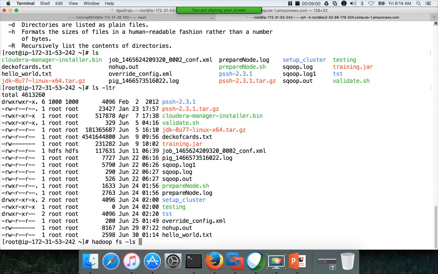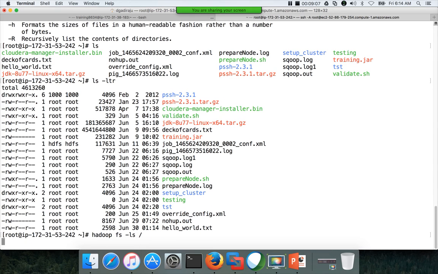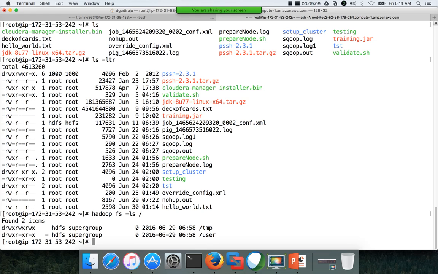As I have mentioned to you, even in HDFS, the file system starts with / and hit enter. As of now, there are 2 directories, /tmp and /user. These will be created automatically when you add the service with Cloudera or Hortonworks. In both cases, you will see at least these 2 directories. Whereas if you try to use plain vanilla Hadoop, it will not create those directories. Once you set up HDFS, you have to start creating the directories by yourself.